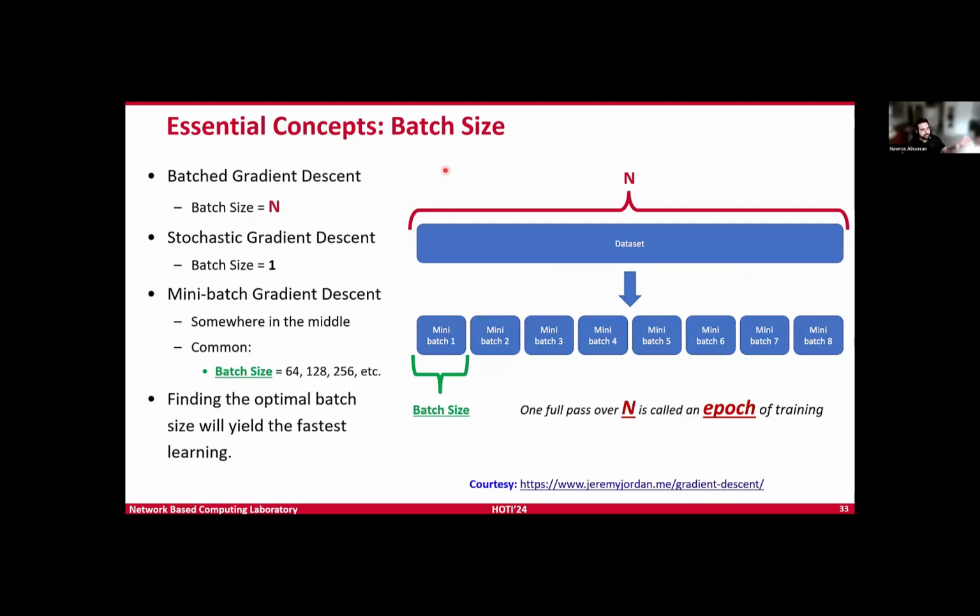Another important concept is the batch size. All of this is based on the gradient descent algorithm, which, as we saw, takes many steps, so many forward passes, many backward passes. But there are many flavors to this algorithm. The first one is batched gradient descent, where if we have a data set, the network will look at all of the samples in the data set. It will do a forward pass on all of the samples, and it will do the backward pass, and only then will it update the parameters.